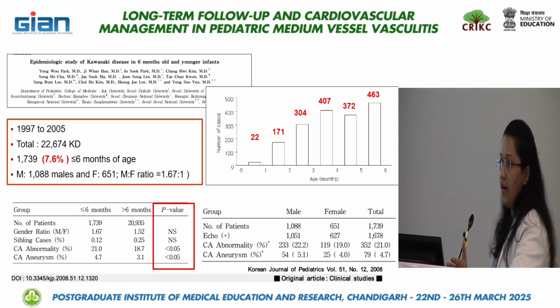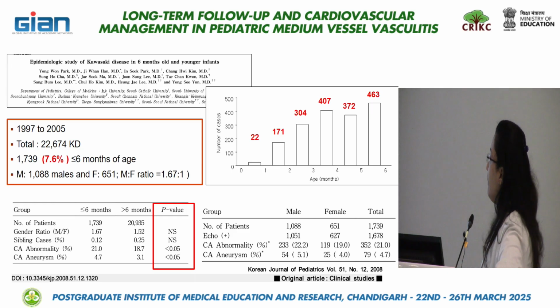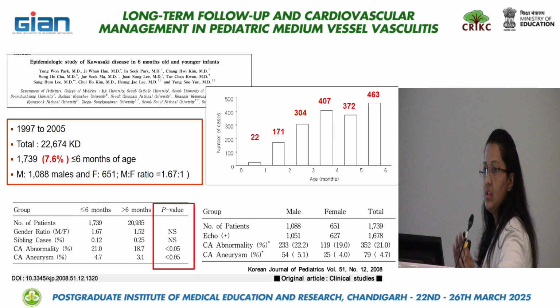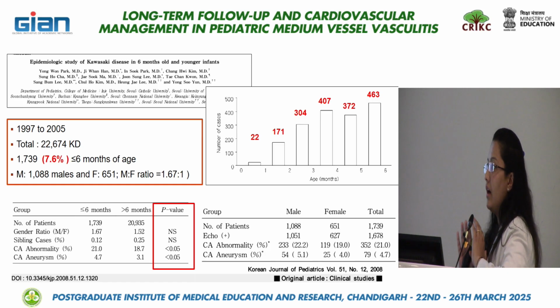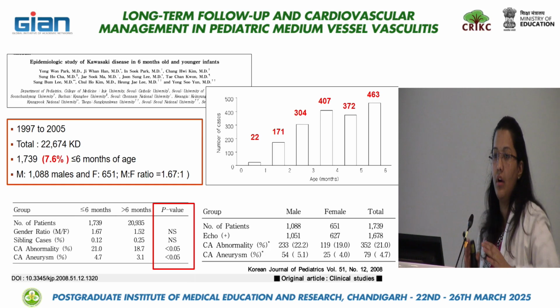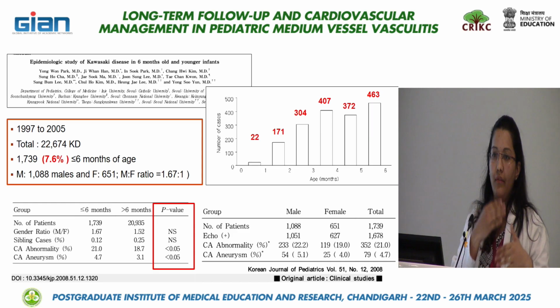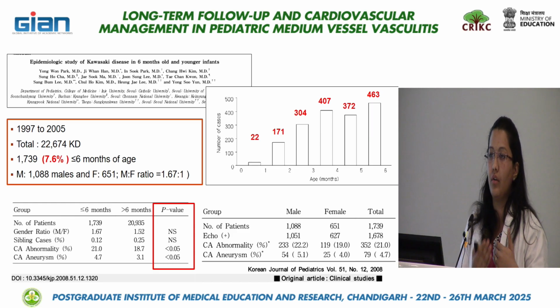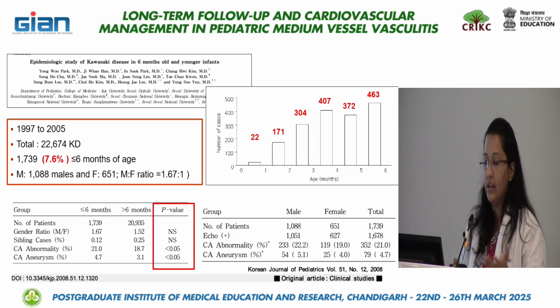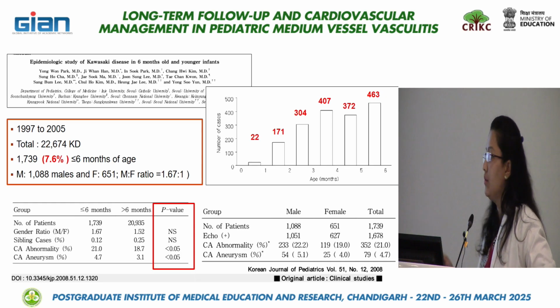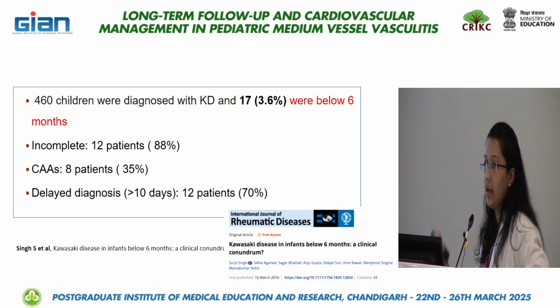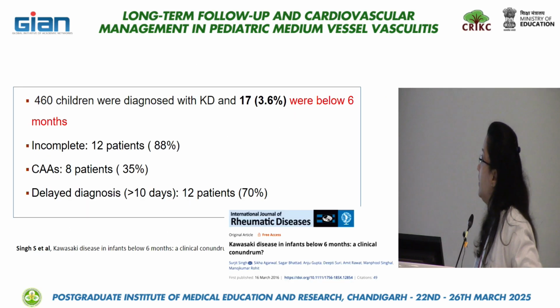They also compared whether there was any difference between male and female. Once the children are less than 6 months, they are just high risk. You do not have males with a higher prediction for coronaries, or females with a higher one. There is no difference. Once they are in the high risk group, they are in the high risk group. This is what we can take from this article.